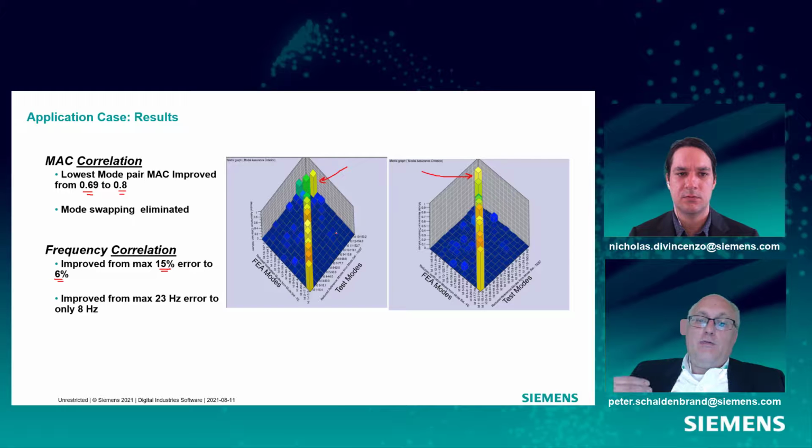And then now we can keep looking at the next mode pair and the next one, like maybe this one that's particularly low, and do the same thing, the MAC contribution, to go through and understand what's happening there to improve things again. So, what do you think, Nick, about this process of doing correlation?